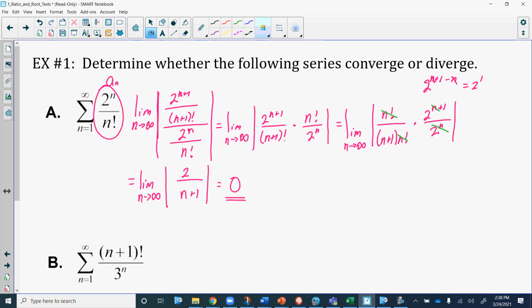What that allows us to conclude, according to the ratio test, in this case, the limit of the expression was equal to 0, and 0 is less than 1. Therefore, we can say this series,